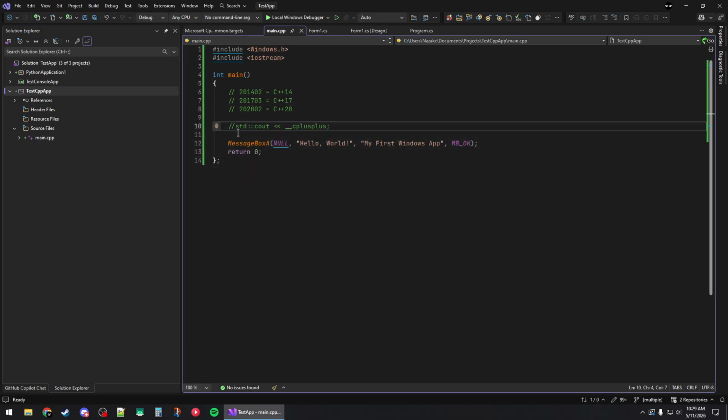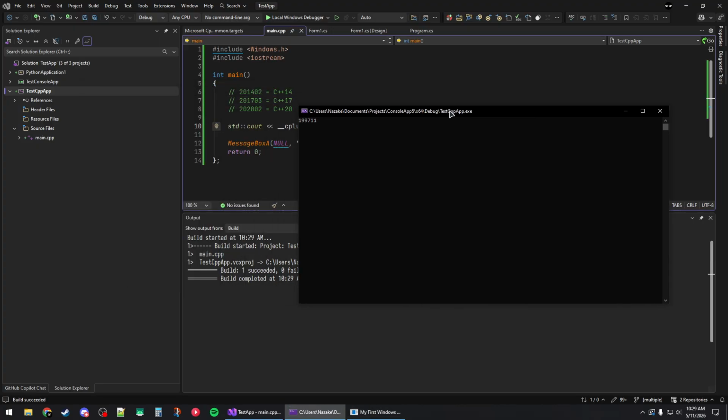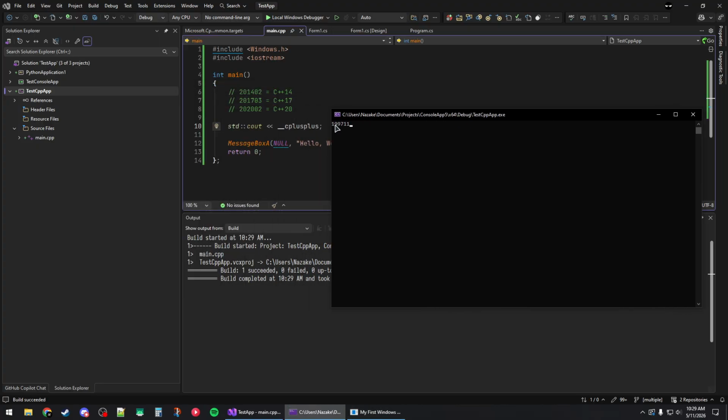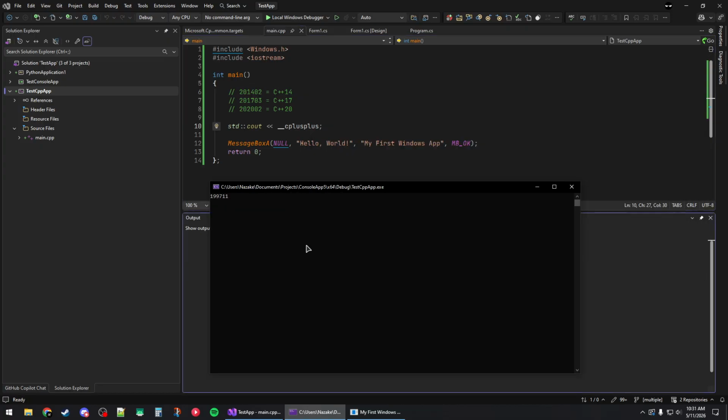Now in your code you can write something like std::cout << __cplusplus, and this should print out the C++ version if you run the code. So for example, here you can see it prints 199711, which is usually the C++ 20, because I have the